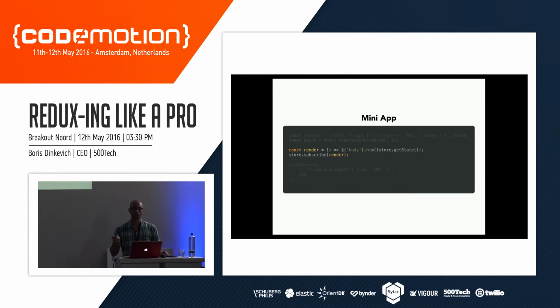I'm subscribing to the store and then using jQuery to just inject whatever the state is directly into the body, which is a counter, and a really silly interval to update the counter. So this thing just counts from 0 to 100 inside of your body. Nothing exciting. Anyone who's been learning Redux should know this. What people don't know